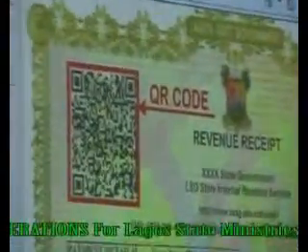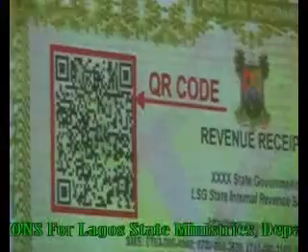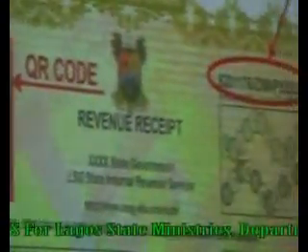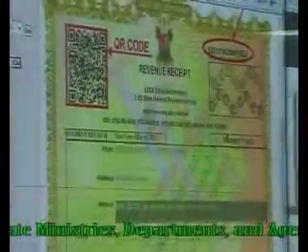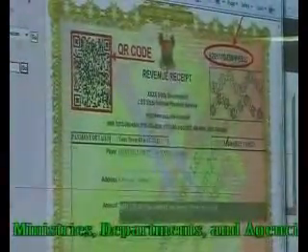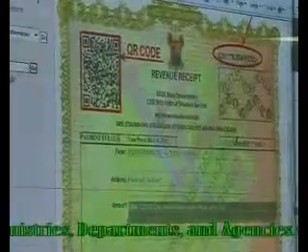If you remember the old receipt, if you have one in your archive, you will observe that the QR code is not there. Also, another feature that you will see on this new one that probably is not in the former one is the